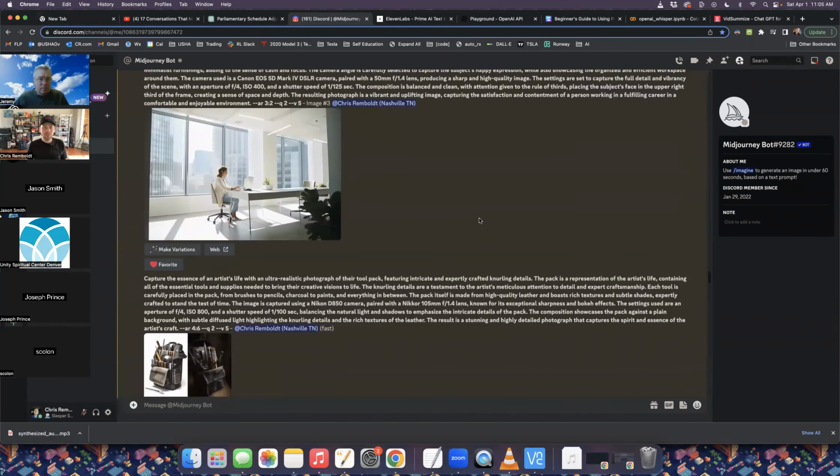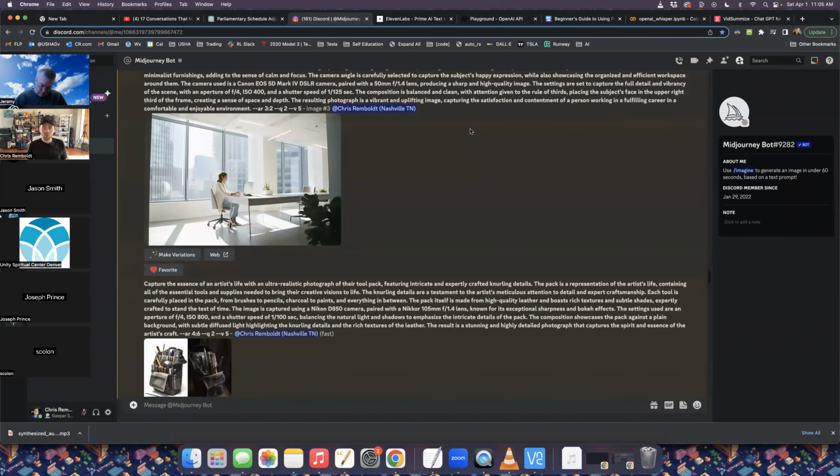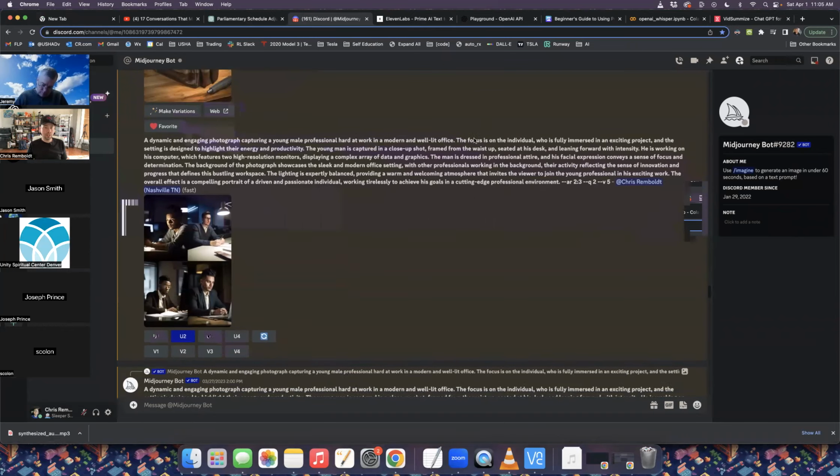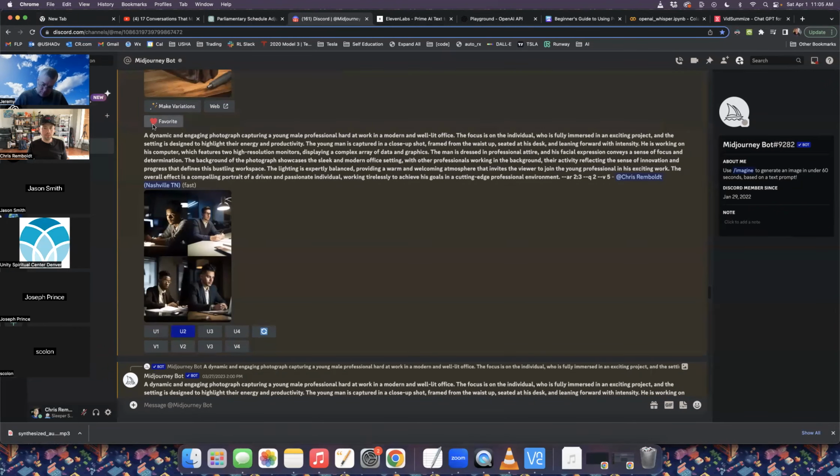And Midjourney lives inside of Discord. Discord is a chat server. It's kind of like Slack or any old chat service that you would use. But to get images, you send prompts to the Midjourney bot. And as a subscriber, they connect you to the bot. So you have to set up two things if you're going to use Midjourney.